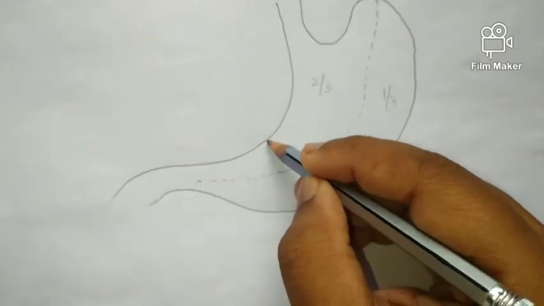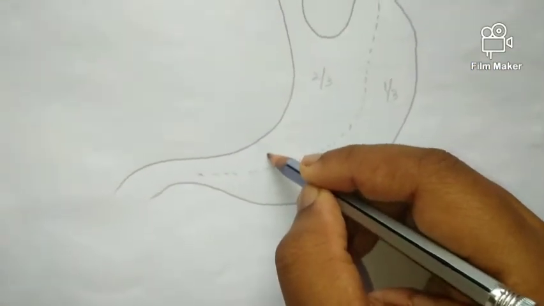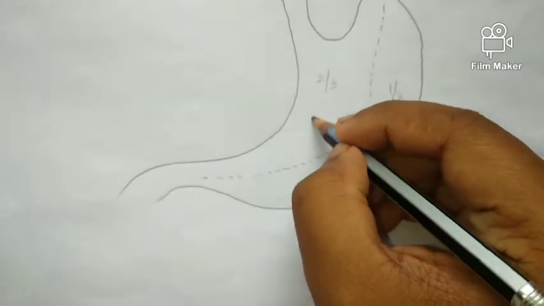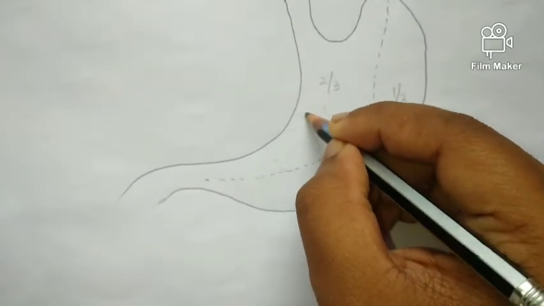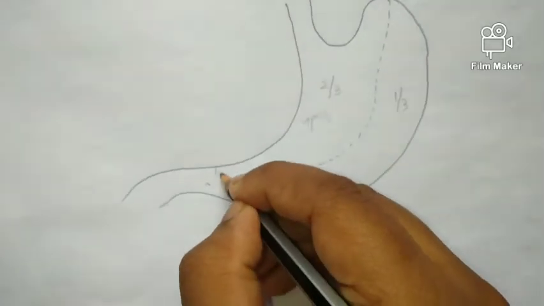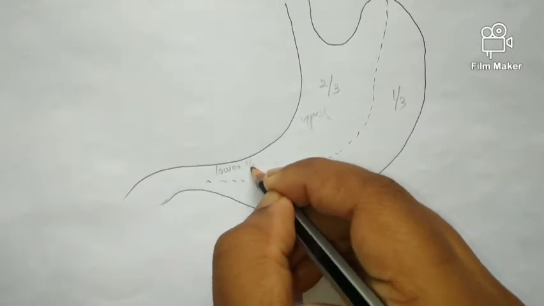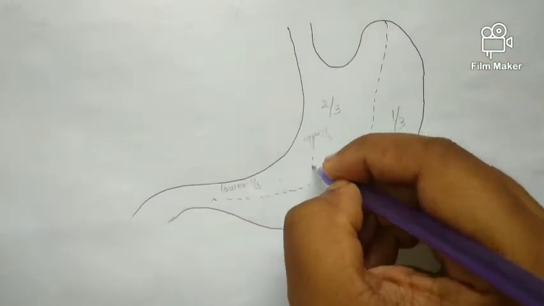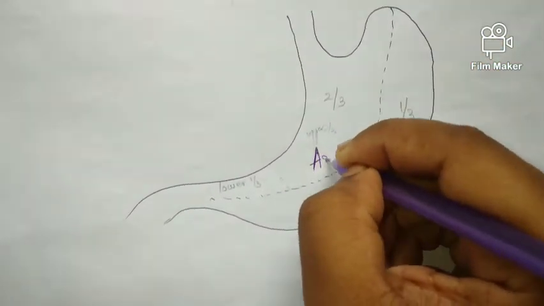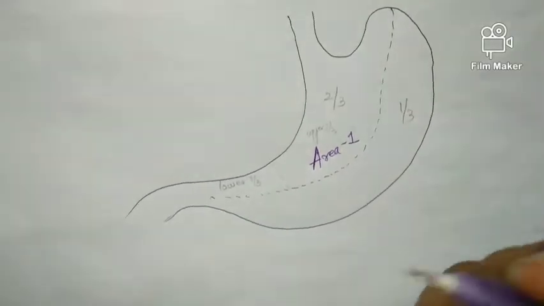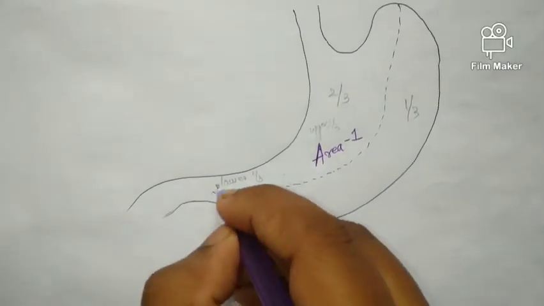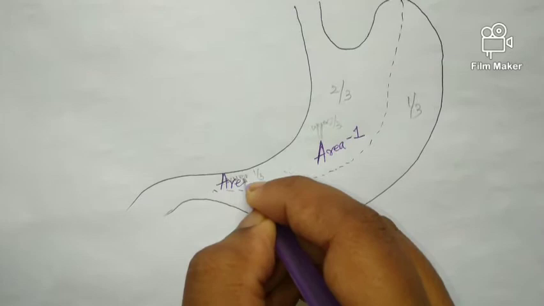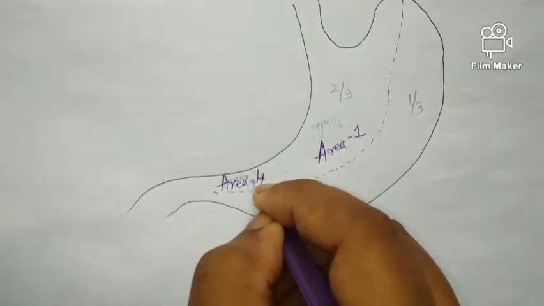That is, this right 2/3 is divided into upper 2/3 and lower 1/3, and I designated this upper 2/3 part as area 1 and the lower 1/3 part as area 4. Okay,